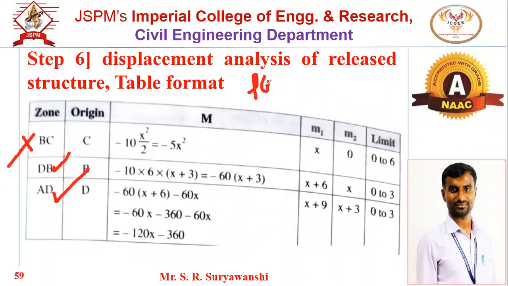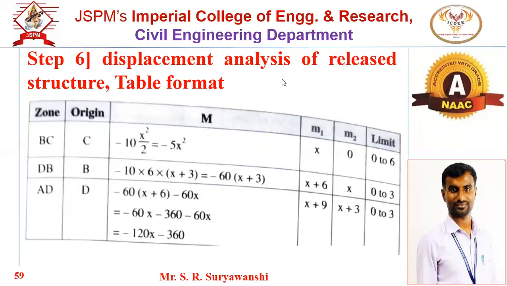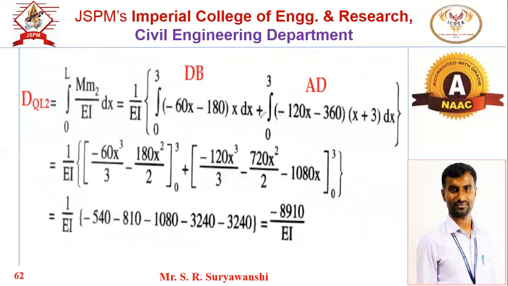DQL2, and the formula for DQL2 is integration summation m into m2. Yes, tell me. Because m2 is 0. Yes, m2 is 0. So ultimately this m into m2 is 0, so the total term will be 0. So we have to neglect it. So only consider this term into this term plus this into this. That is for DQL2. Correct. So for DQL2, if you simplify with the same funda, we get the value of DQL2. Okay, this is for the DQL matrix, two elements in a column matrix.